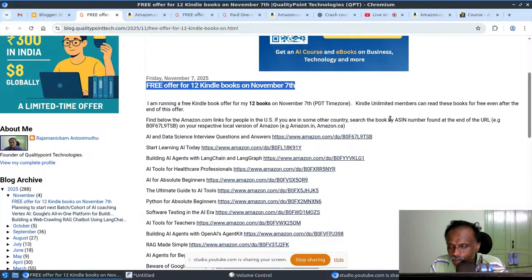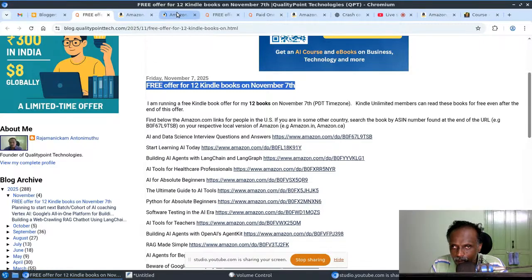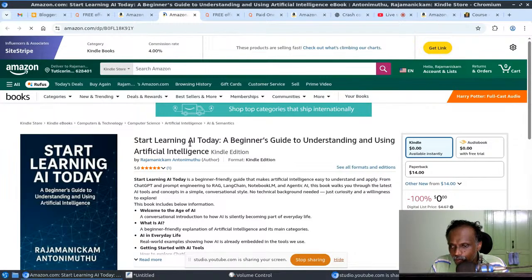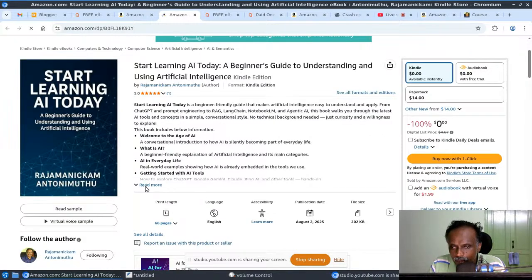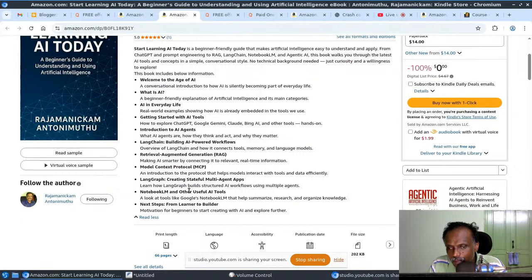For learning it's also a good way, but if you are a very beginner and want to start learning AI, maybe this book will be useful: Start Learning AI Today. It's a very simple way of learning. It even got one rating. Here it covers what AI is in everyday life, getting started with AI tools, agents, an introduction, and then explains RAG and some advanced things. Step by step, it's moving. So if you're a very beginner but want to learn about development and other things, this